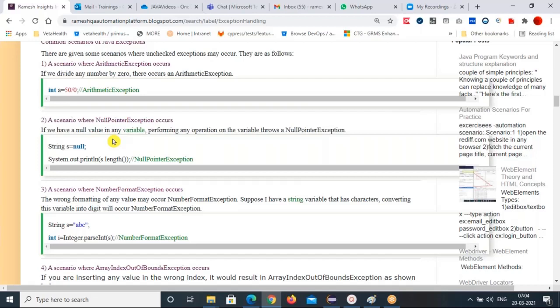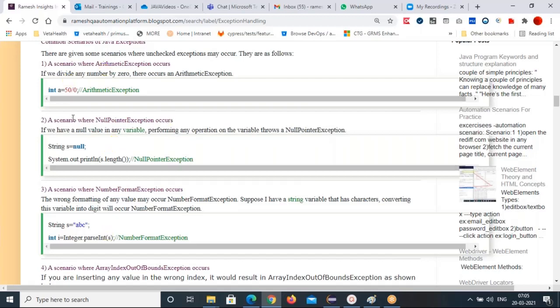Okay, why is it a null value? Why am I not passing the value for this variable? You just analyze that. That's how you have to analyze, step by step. If you know the reasons, you can analyze. If you don't know the reasons, we cannot analyze, right?